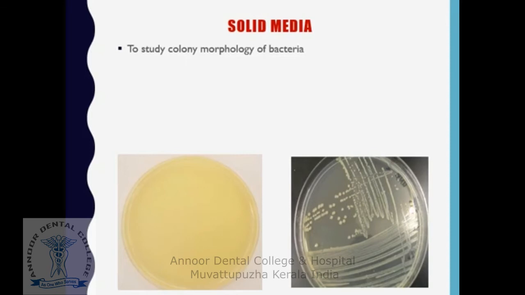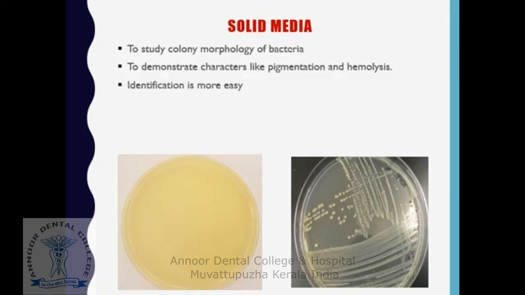So, when you cultivate bacteria in a solid culture media, the growth of bacteria is observed as colonies. Each bacteria has a typical colony morphology, so that can be easily studied by using a solid media. In solid media, you can study special characters of bacteria like pigmentation, that is colored end products, whether bacteria can produce or not. Then hemolysis, lysis of RBCs, is studied in solid culture media.